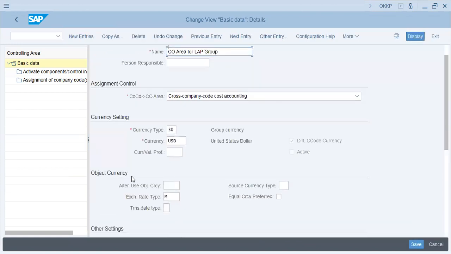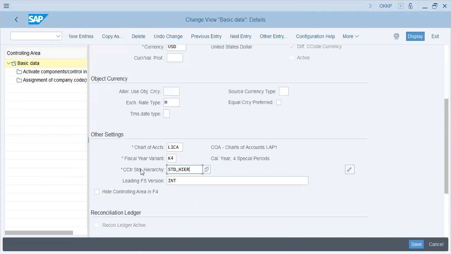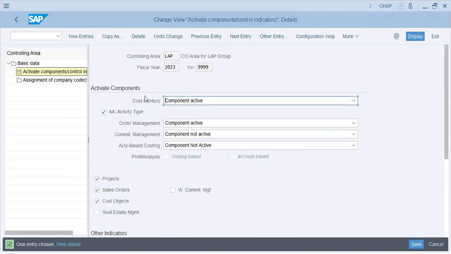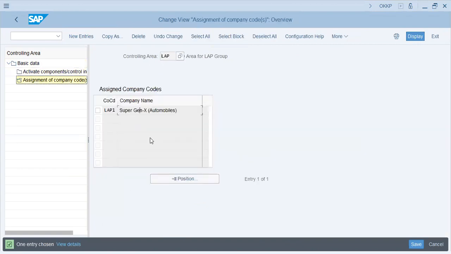Okay. Standard hierarchy is our cost center hierarchy. It is also maintained. Activate components. Components cost centers are active. Okay. Assignment of company codes. Company codes is LAP 1. Okay. Next step is